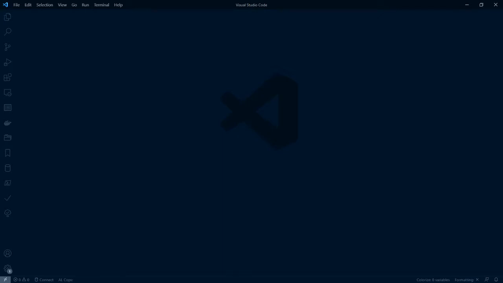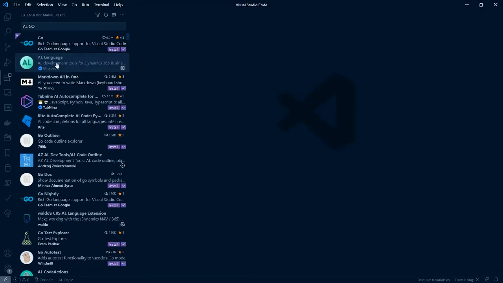Today we will create and deploy an extension using the AL language extension in Visual Studio Code. First of all, to install that, we have to go to the extensions inside Visual Studio Code and find the AL language extension. I already have it installed. You'll just be able to click the install button. Once that's installed,